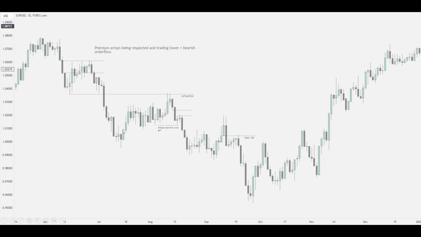But this is the thing with daily bias. Once you've got a weekly bias in mind, you can expect daily retracements. So just because your weekly bias is bearish and we're expecting price to trade lower, some price will need to retrace at times, and that is when you can catch counter trend moves where we break above the high, trade into a discount, and then trade towards our premium array, with of course our higher time frame bearish bias in mind. Now I'll take you down into one of these premium array examples to show you how on the